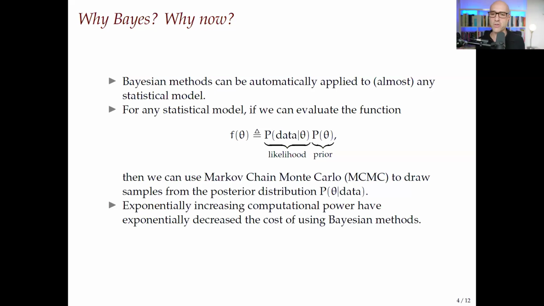So a few decades back, you could do Bayesian methods, MCMC Bayesian methods, but there was a lot of work involved. You'd have to do a lot of relatively low level programming. Now, using high level tools, probabilistic programming languages like Stan and so on, it's just become so much easier. So this, I think, is the reason why Bayesian methods are proliferating.